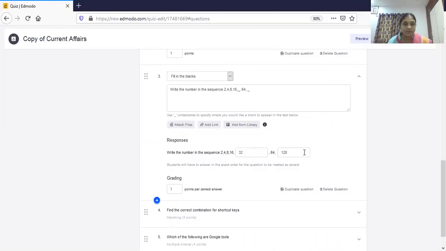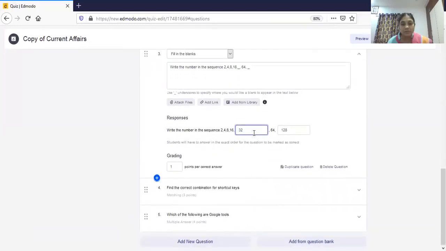And 1 point will be per correct answer. If they write one correct answer, they will get 1 mark. If students correctly fill all the blanks, then they will get all the points. So in this way we can have partial credit also.